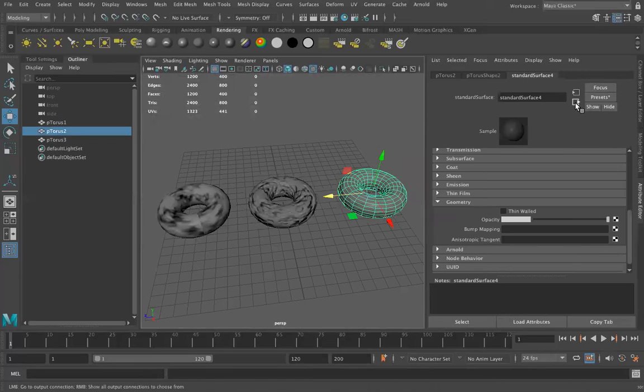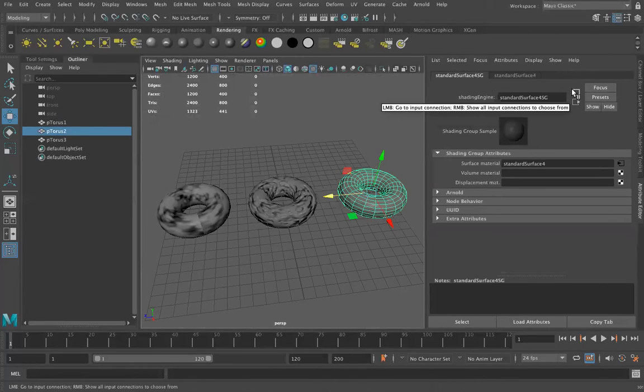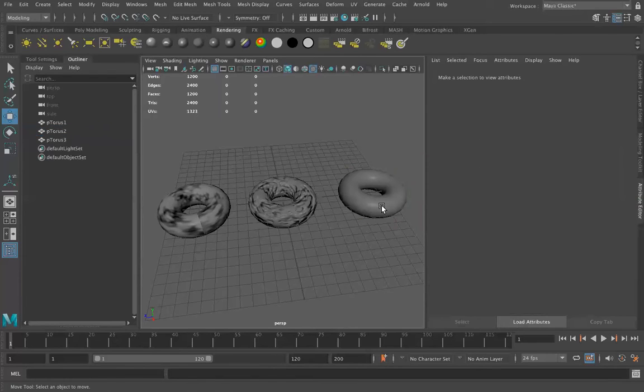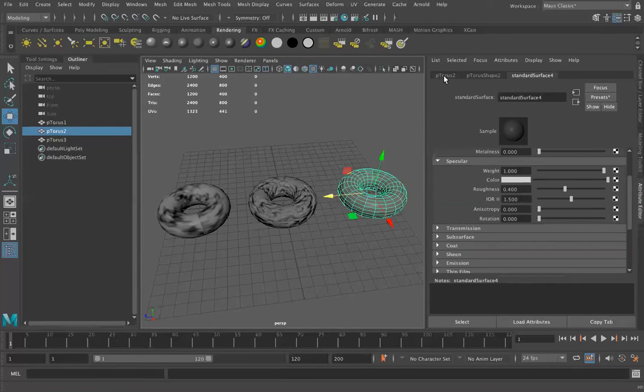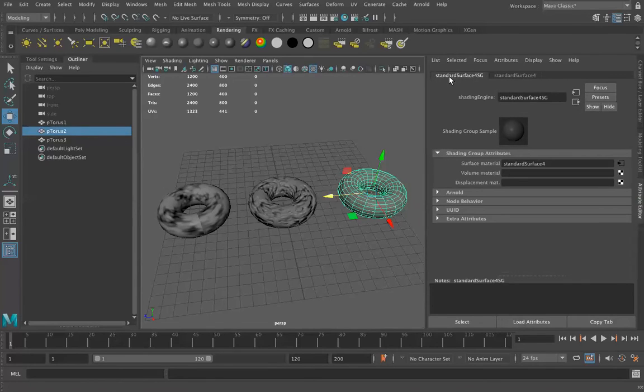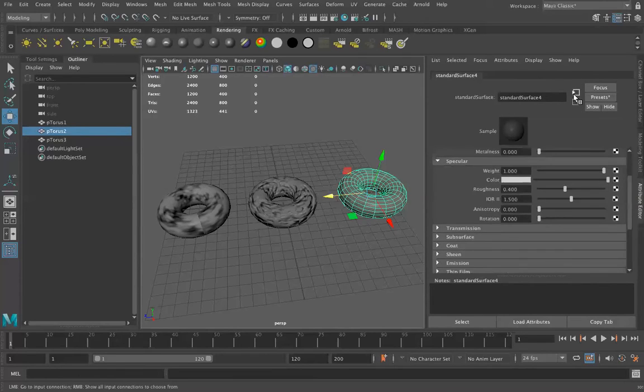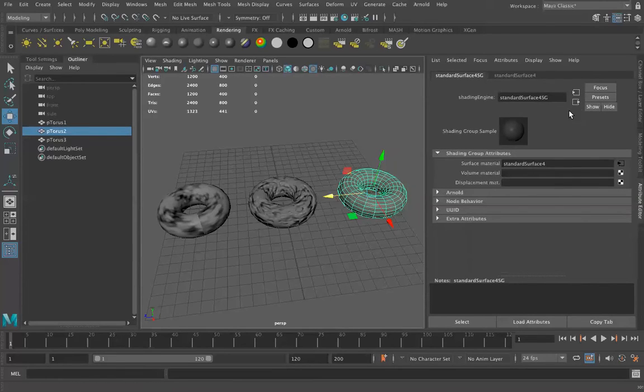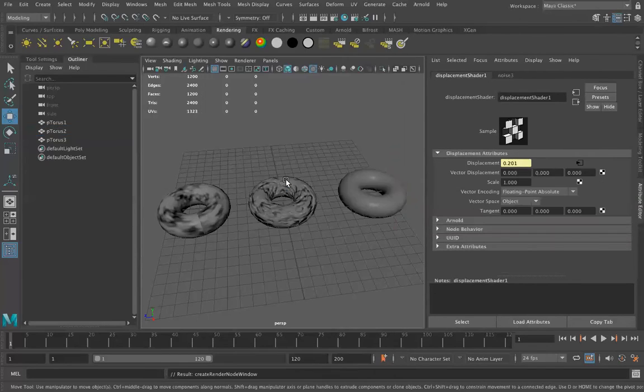The last kind is a displacement map. We can jump up and down our node structure here. So when I select my torus here, I have my torus node, my shape node, and my standard surface material node. I want to actually jump up here to the shader node, okay? And that's by pressing this little button. This jumps up and down the nodal network. So here I am at the top of the shader node, and then we have this displacement material node. And if I click this little checker box and add noise, we don't see anything happen in the scene, but